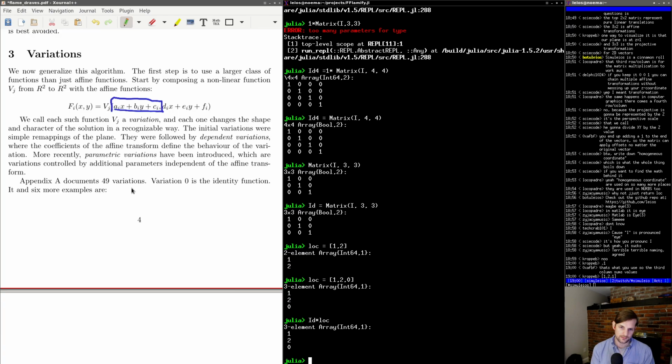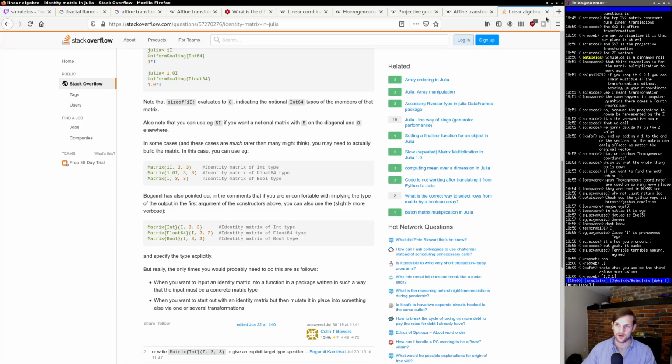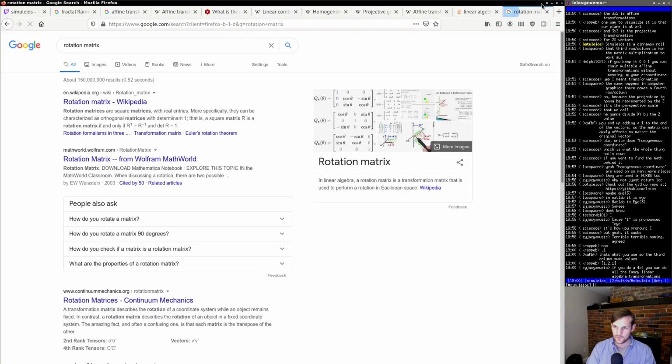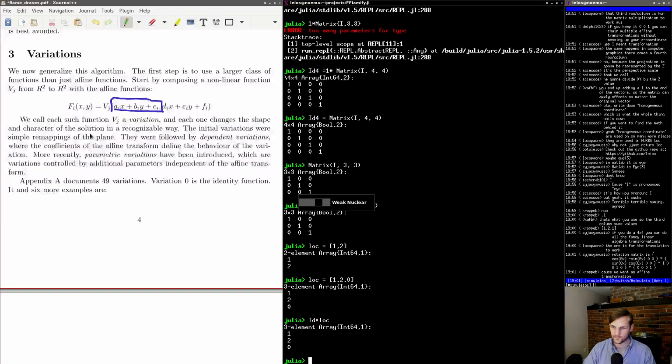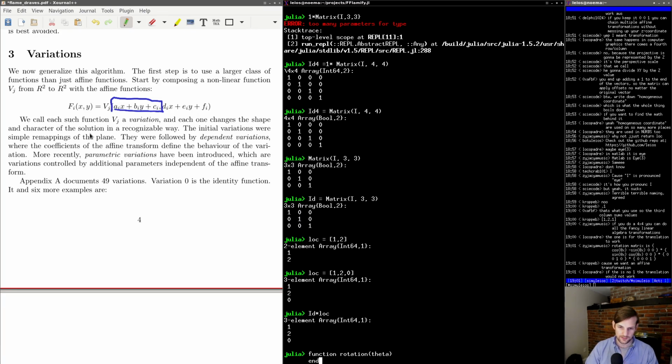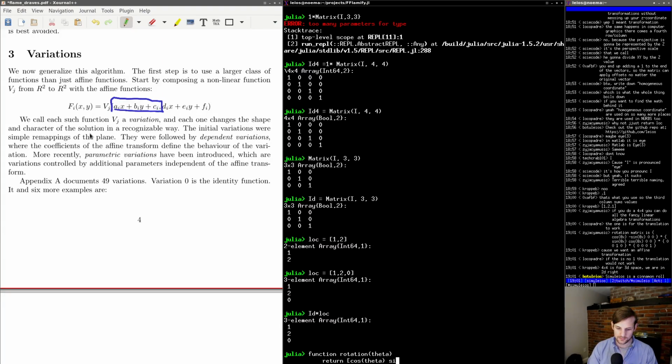So what I want to do then is we want to have a rotation matrix in here. So what is the rotation matrix again? If you do a 4x4, you can do fancy linear algebra transformations. Yeah, I guess so, but also we don't need that. It's cosine, sine, sine, cosine. Okay, so I'm going to create a function, a rotation, of some sort of theta, and return, and I guess I just want to do cosine of theta, sine theta,